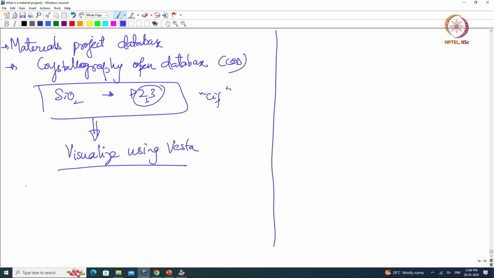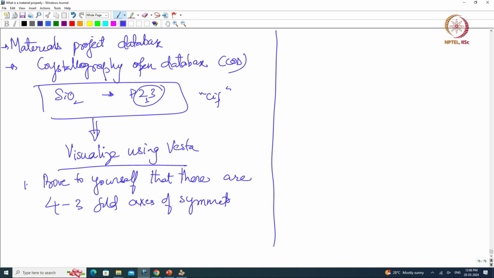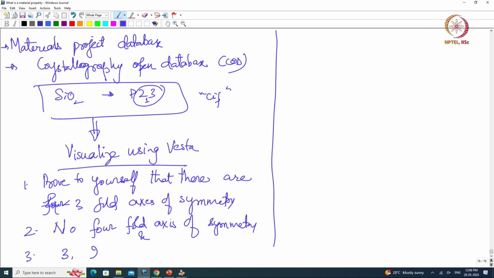Okay. For yourself, you prove to yourself that there are 4 3-fold axes, no 4-fold axis of symmetry, followed by 4, I will just write it as 4, followed by 3 2-fold axes of symmetry, and these are A, B and C. So, you can just play around, you can rotate this crystal and then prove to yourself that this is indeed the case. Okay. So, with that I will stop here, but in the next class we will actually start